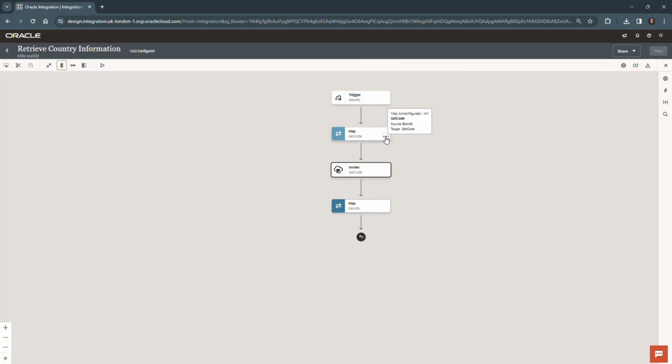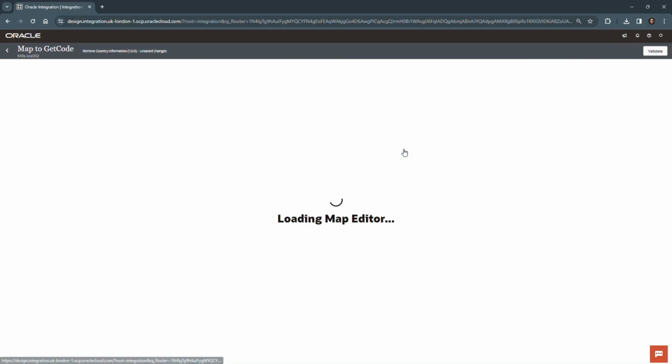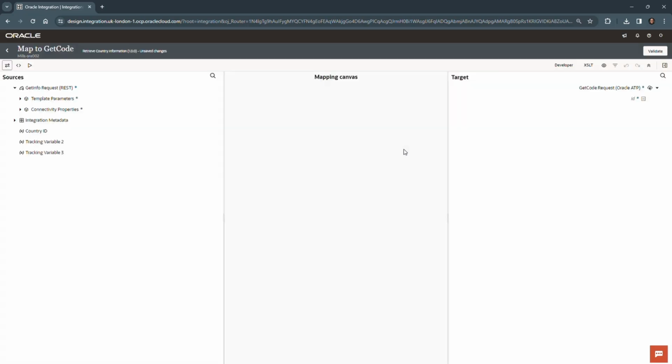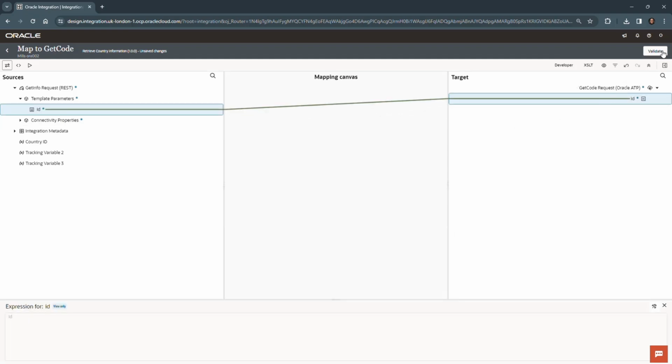Dismiss that banner, and let's go into Map the information we need for the request. So over in the sources section, as you recall, for our template parameter, we have the ID that's provided by the client. And if we look over here in our request, because we define that parameter, that's all we need over here. We just map it straight across, click validate,